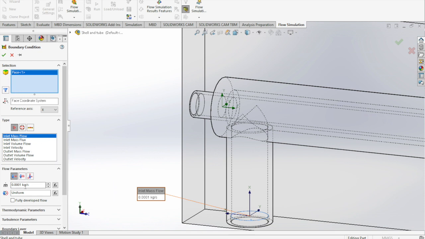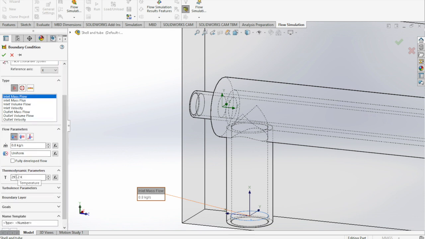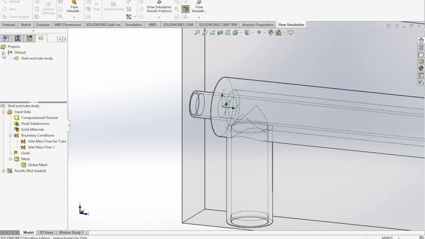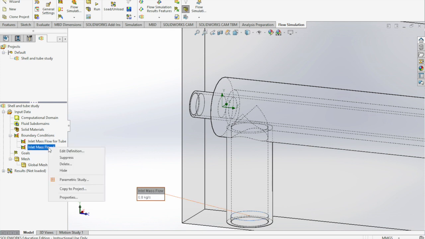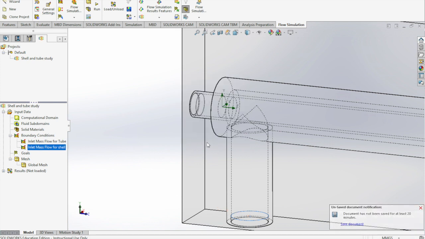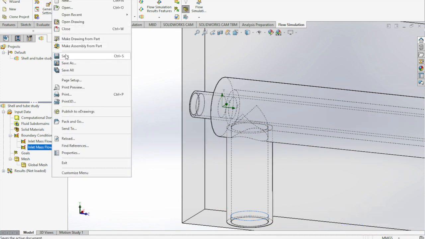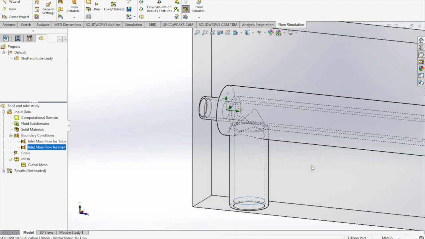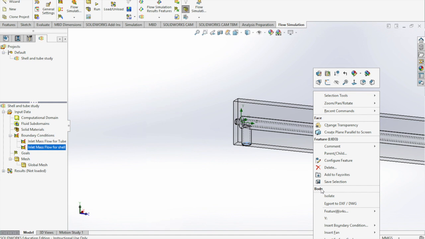So the flow rate for this one is 0.8 kilogram per second. And the temperature is 283.2. Okay, and again rename this one to for shell. So we save it just to make sure that the software is good with us. We zoom out and then pan